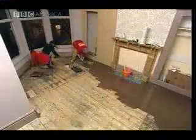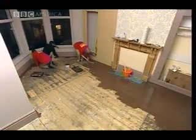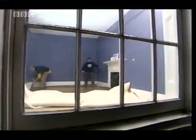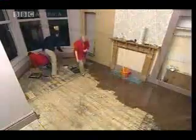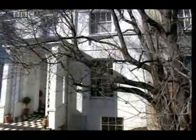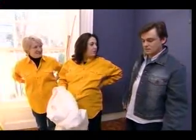So at the end of a very long day, the red team concede and paint the deck, whilst the two Andys get to grips with the plastic parquetry. Good morning. The floor's down and finished. And what? I'm thinking more pub flooring now, but...